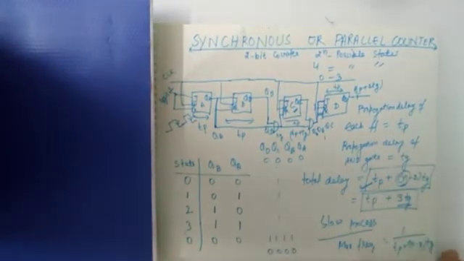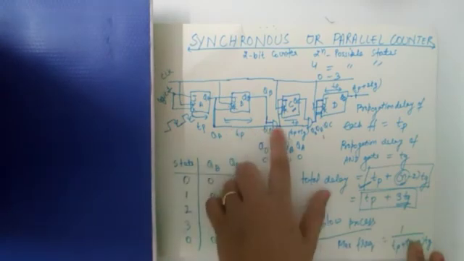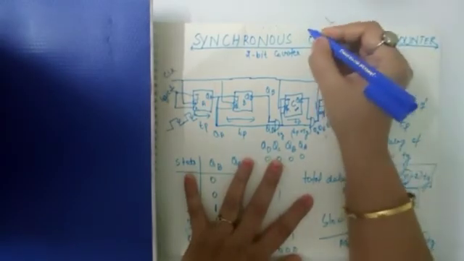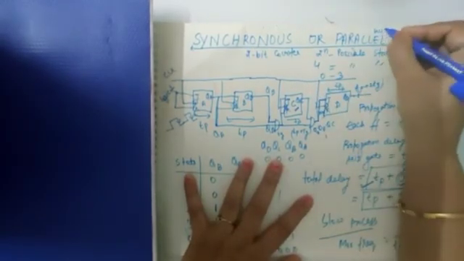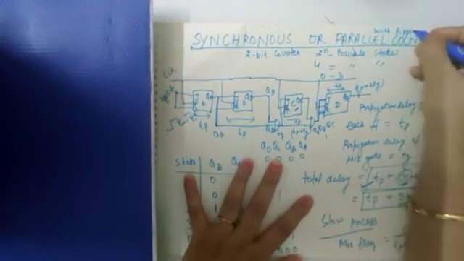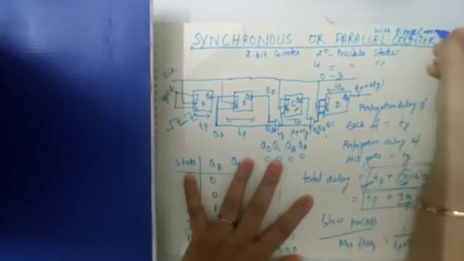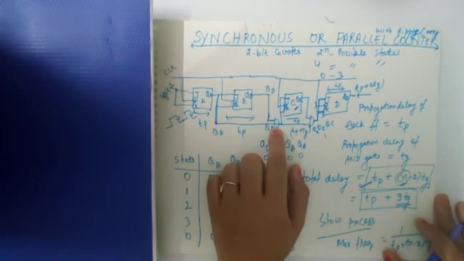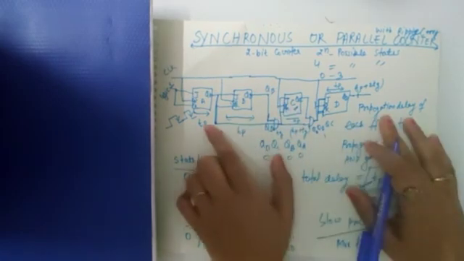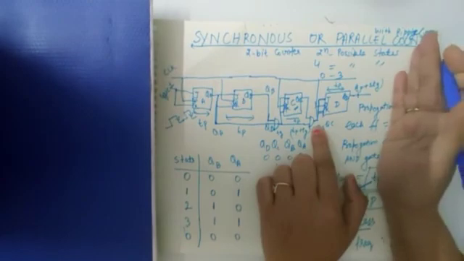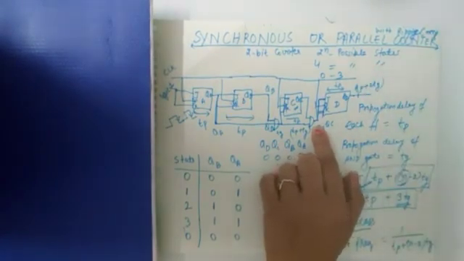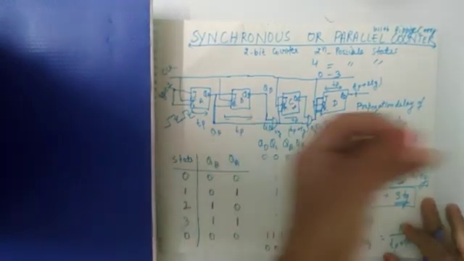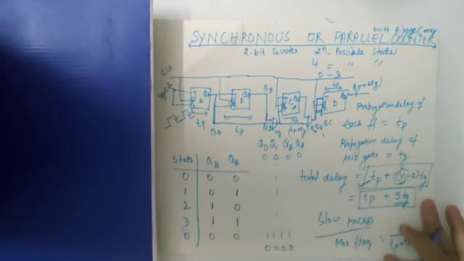So this type of counter, when we are using AND gates in combination, is called a synchronous or parallel counter, or you can say synchronous counter with ripple carry. Why? Because this output is traveling to the input. Again, all the outputs are traveling to the next flip-flop. So they are just traveling like a carry, like a ripple, throughout the flip-flops. So they are also called synchronous counter with ripple carry.